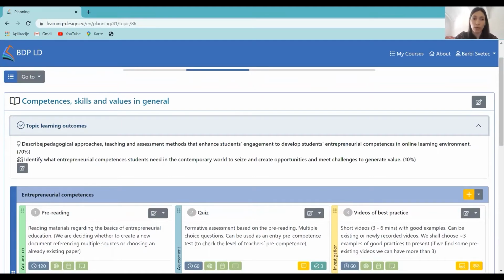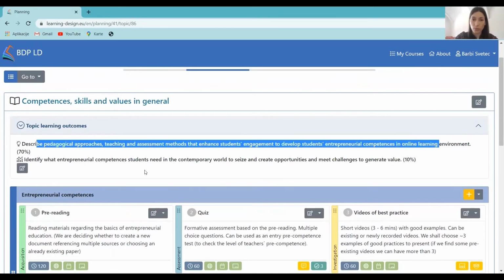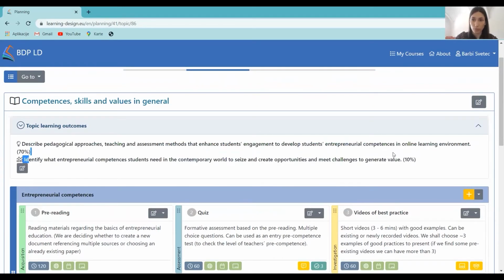So here we have 2 learning outcomes, which are related to this topic and to which this topic contributes. And also what we have to do here is assign each of these learning outcomes a weight again. And this weight represents how much this topic contributes to this learning outcome.